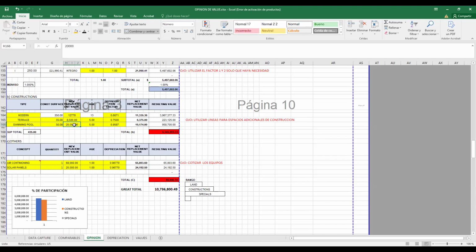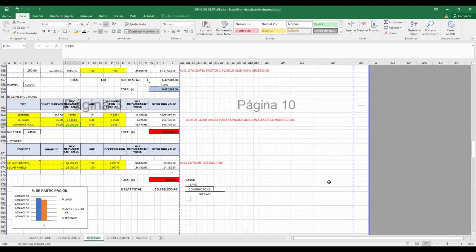Not the sidewalks. No, just the water surface. That's how you're going to measure the swimming pools. The terrace? Okay.